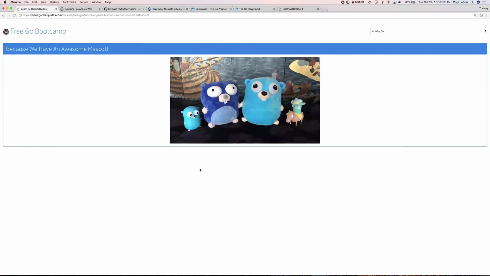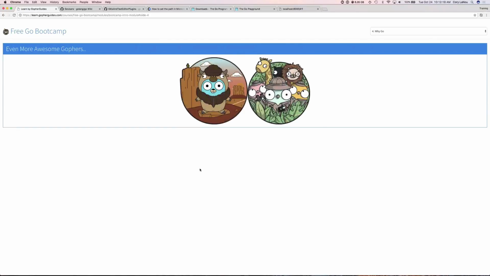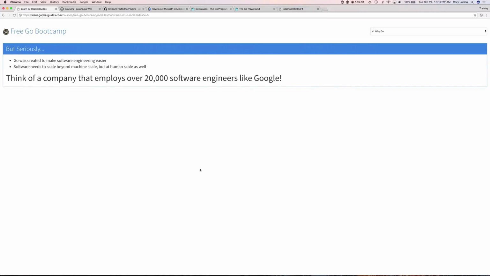I mean, are these Gophers not cool or what? If you haven't been familiar with Go, you're going to find the Gophers everywhere. You're going to see the Gopher in all the logos out there, and they are just crazy and zany and a lot of fun. But the real reason we needed Go is because Go was actually created to make software